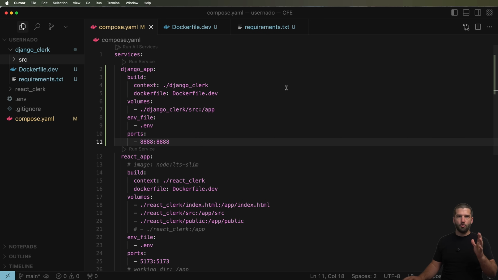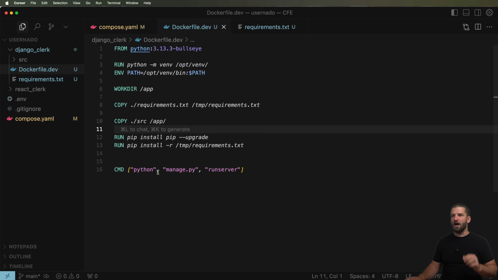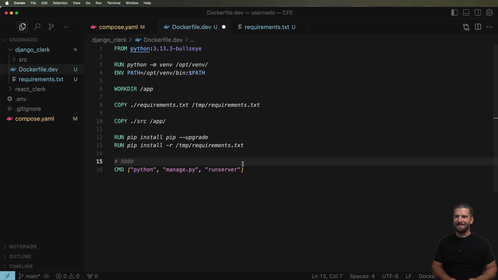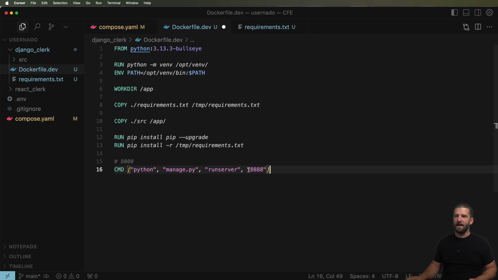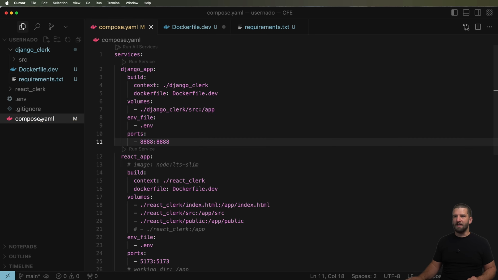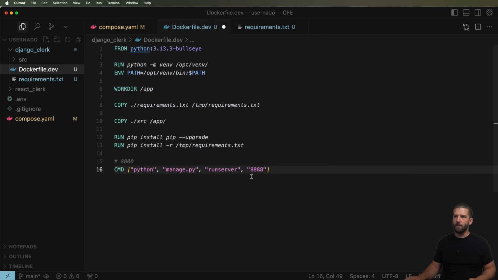Now, for those of you who know Django already, you'll know in the Dockerfile here, this Python runserver automatically goes to port 8000. So what we want to do is change it so it goes to 8888. That's one way we can change it. Now, another thing as it pertains to running this on a host, in the case of Docker Compose, this is kind of the host that's going on, or Docker's the host. We would also want to do 0.0.0.0: